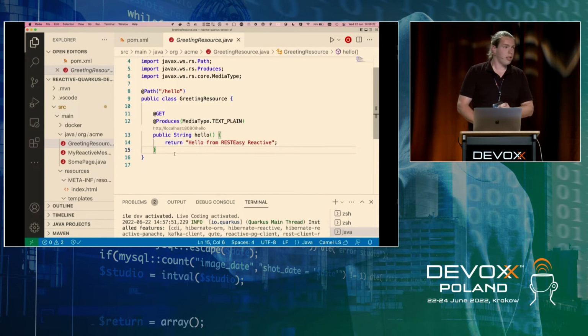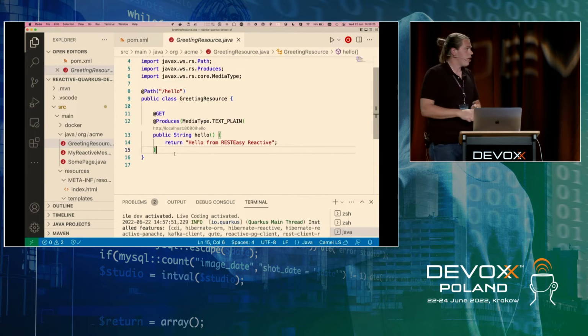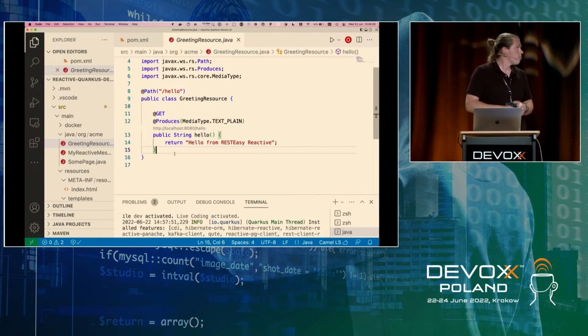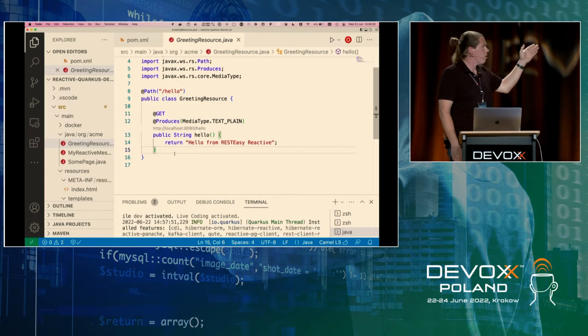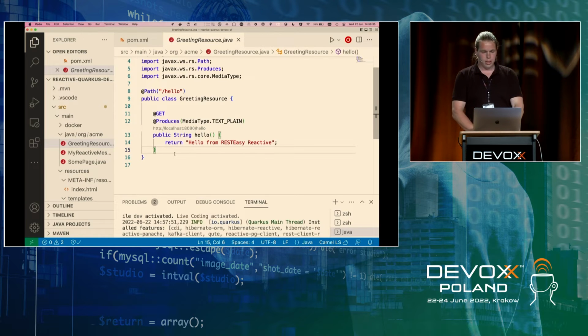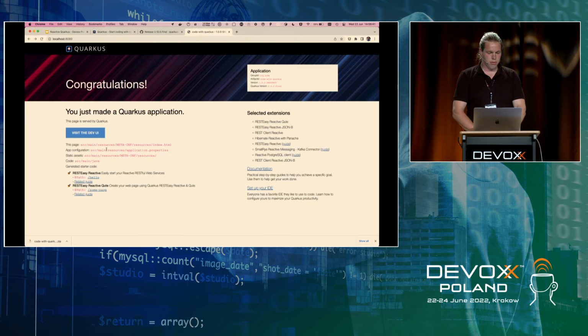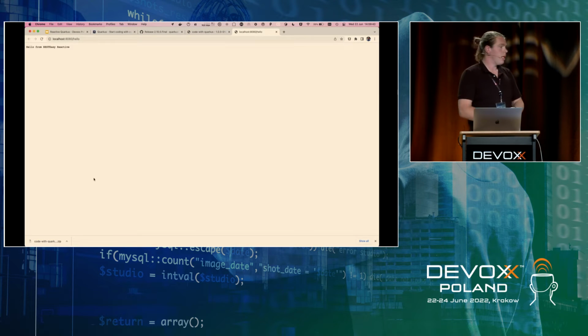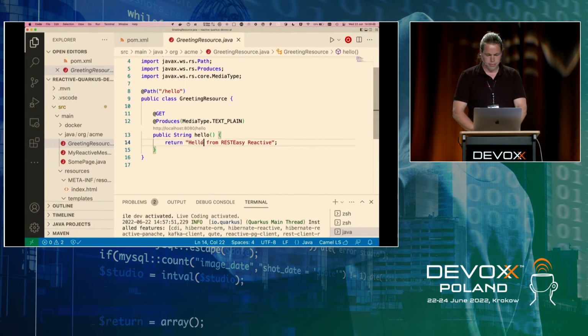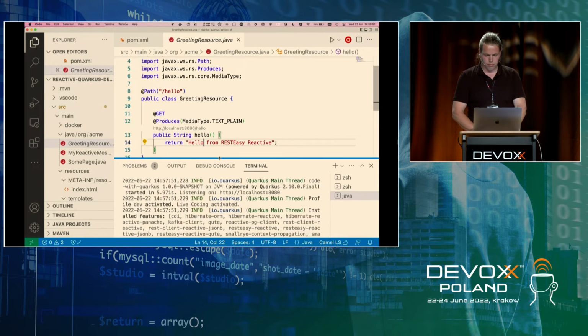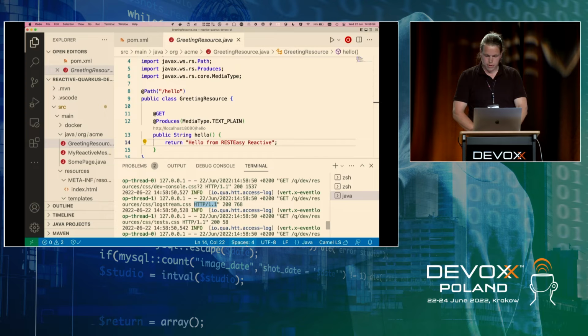If we then go back to our endpoint, this is the standard JAX-RS way to define endpoints with annotations. And it's pretty straightforward, right? So we have the path, hello, we have the method, GET, and it produces some plain text element. That's also what we see if we go back here. We see this hello endpoint. Nothing special. It just works. And as you can see, I enabled the HTTP access logs here at the bottom.